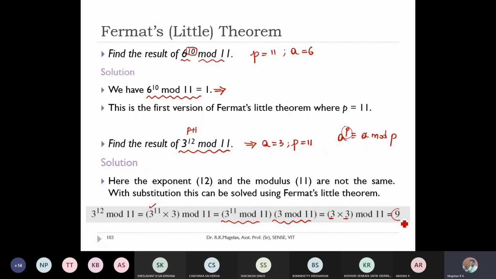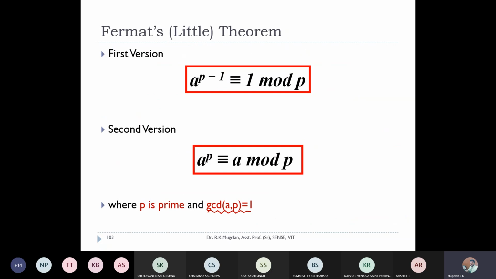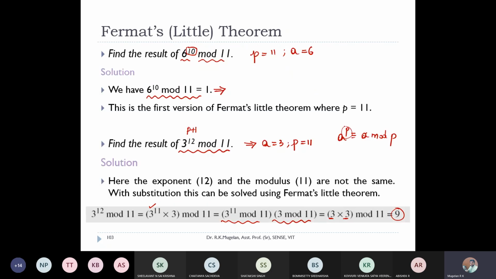9 modulo 11, I'll be ending up with the answer as 9. Right. Now we are able to find the multiplicative inverse. If you go with the first version or your second version, and if you divide by a on both sides, you'll be able to get